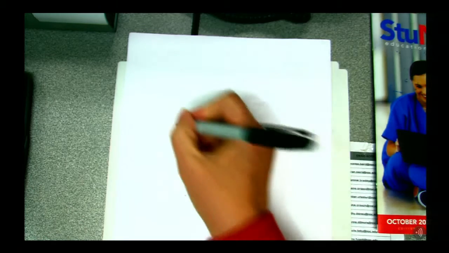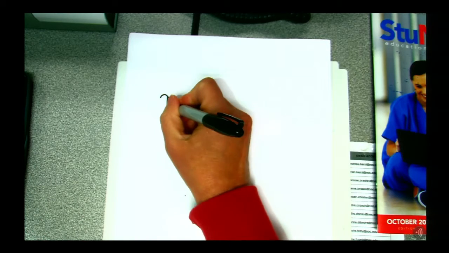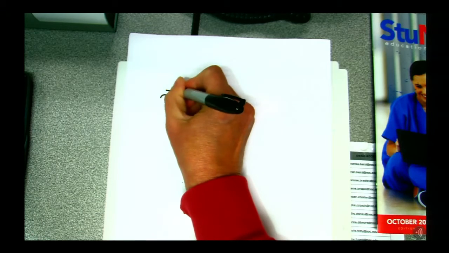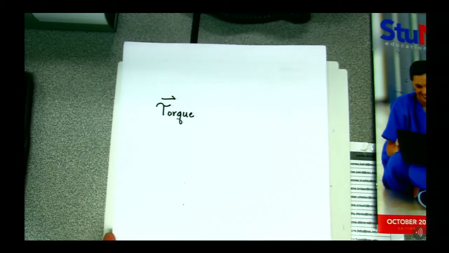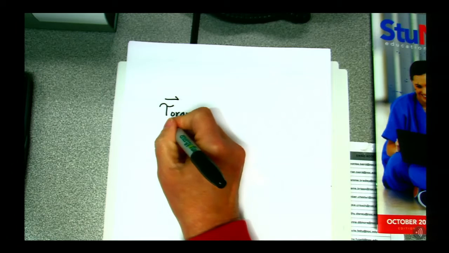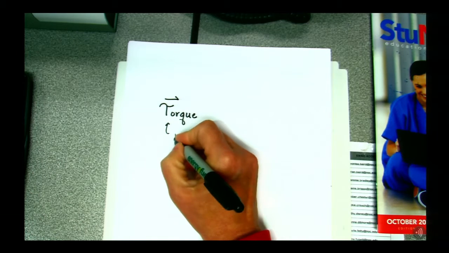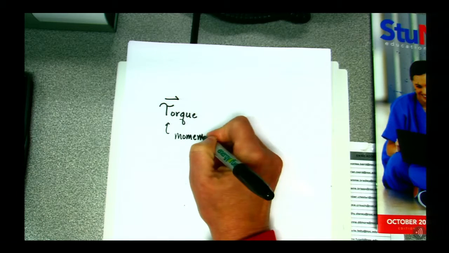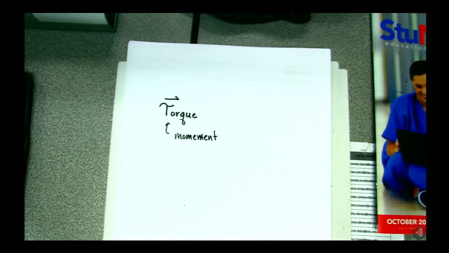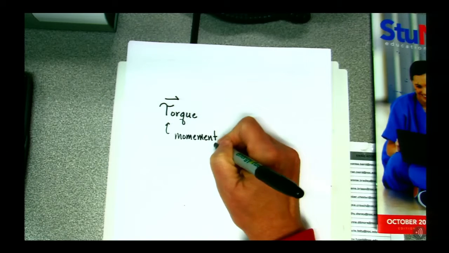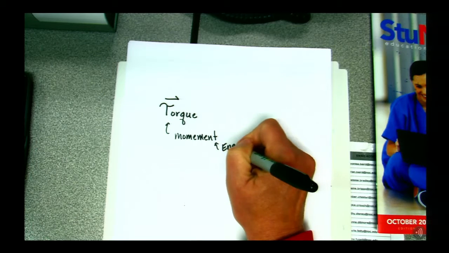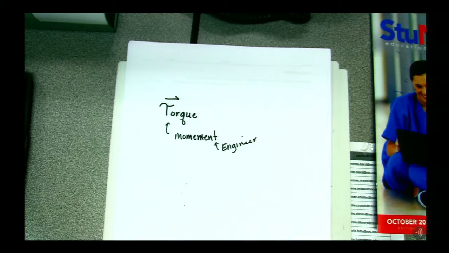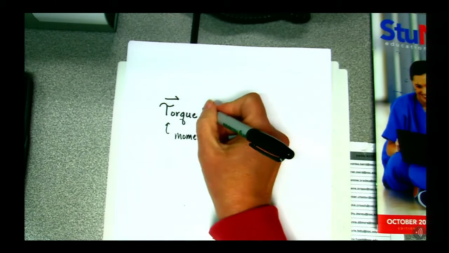So we're going to define something called torque. Torque is a vector quantity. Torque is also referred to as a moment. We use this in engineering typically. In physics, we're going to use it as torque. And we've all played with torque,